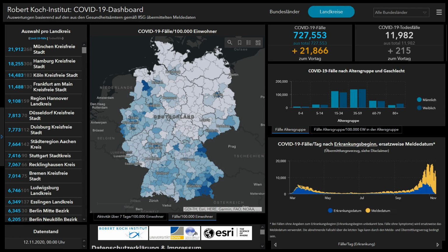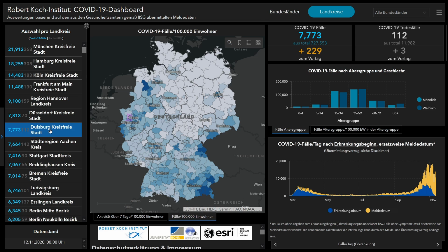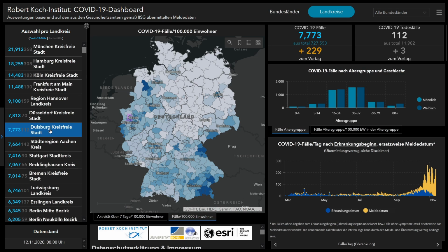Later, a lot of countries saw the need to create their own dashboards. A few examples I would like to show now. In March, as soon as cases started to grow, the dashboard in Germany was launched. The latest version looks like this and is structured quite similar to the global view. You will find the total number of cases as well as a list of affected regions. When you click on a certain region, the region flashes up in the map view and the numbers are updated.